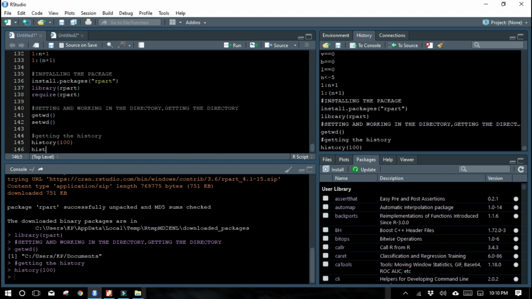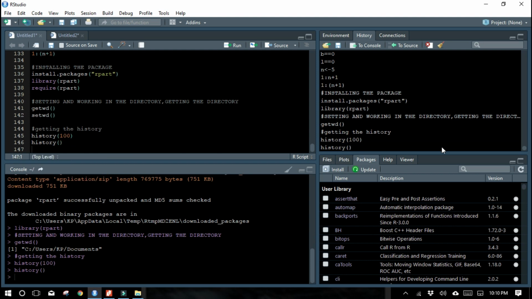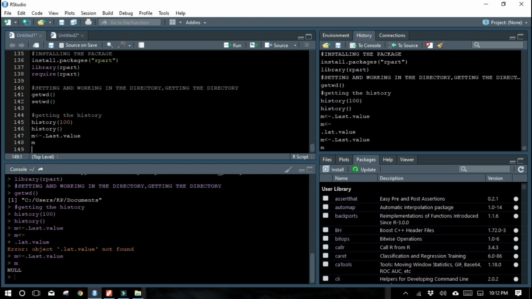This function is provided by R. Now when you give only history, it will display all the history, not only the first 100 lines. It will give all the history whatever you have used, unless you have deleted it. So you can view all the history.